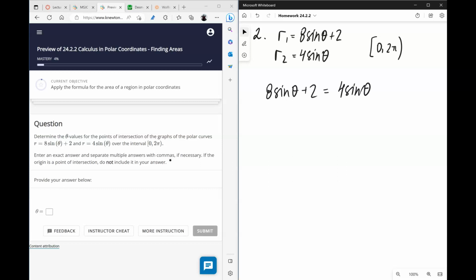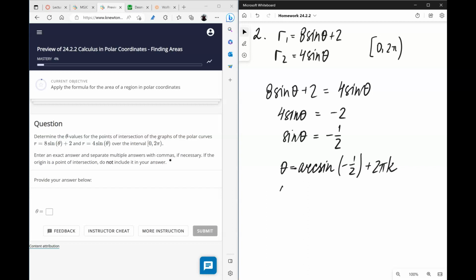Solving it for theta means we isolate sine theta, so subtract 4 sine theta from both sides, subtract 2 from both sides, divide both sides by 4, and now we can solve for theta. Theta will be arc sine of -1/2 plus 2 pi k, and the other value will be pi minus arc sine of -1/2 plus 2 pi k. So this is how we solve it in trigonometry. Now arc sine of -1/2 is